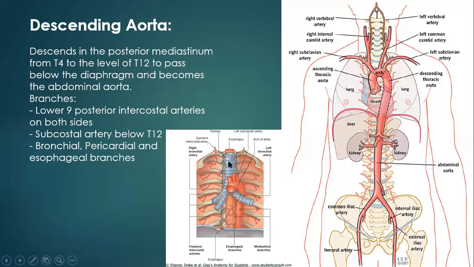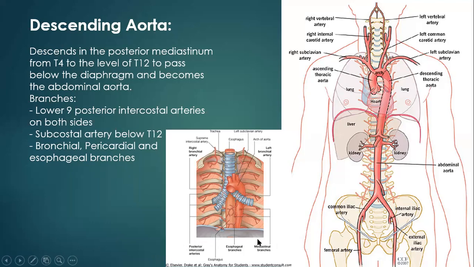If you see here, behind the trachea there is the esophagus. Where the trachea ends, you can see the continuation of the esophagus coming down. It will continue down and opens into the abdomen at the level of T10. This esophagus is toward the right side of the descending thoracic aorta, and the descending thoracic aorta will give branches to the esophagus also. These are called the esophageal branches.